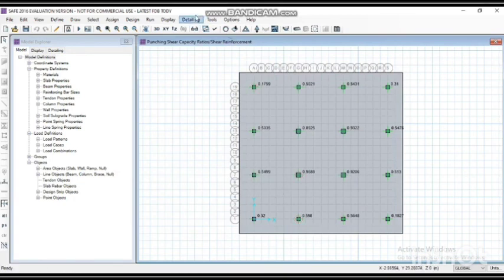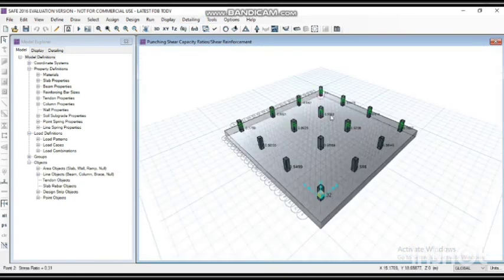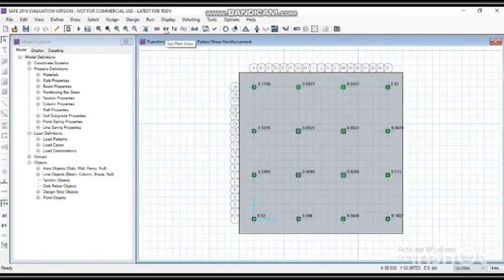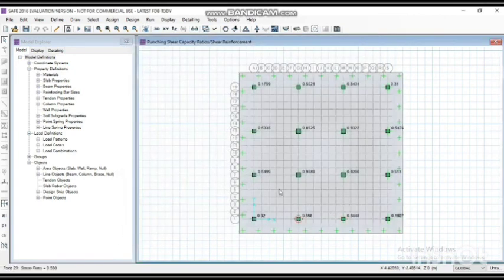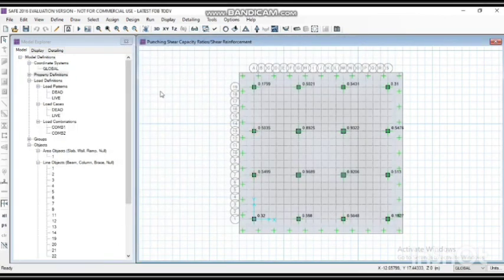Now click on 3D. This is our foundation design in 3D view. Go to the XY menu again. This is the design completed. Then go to the display menu and extrude view is off.